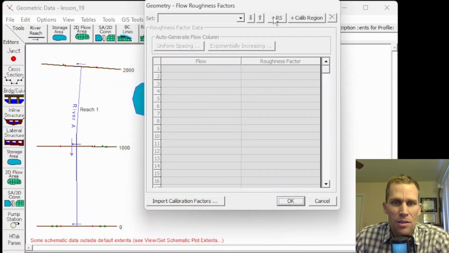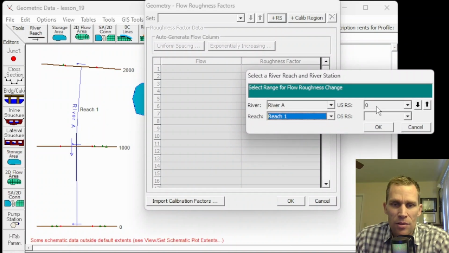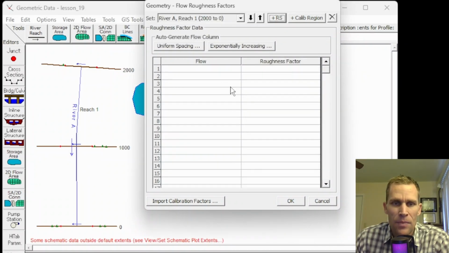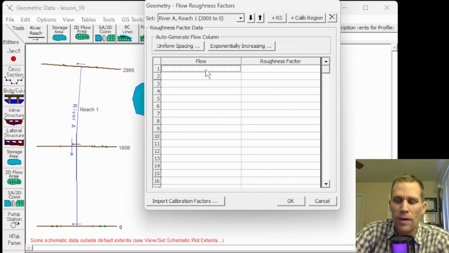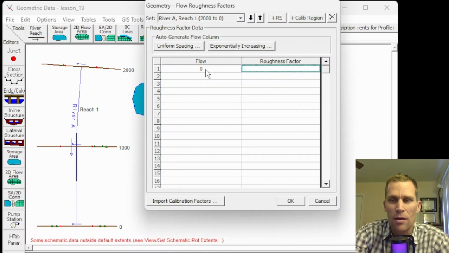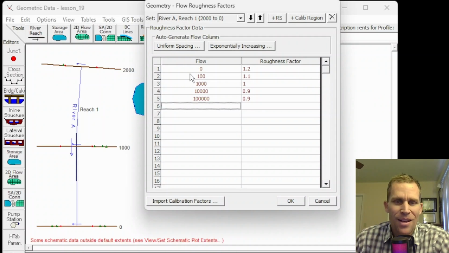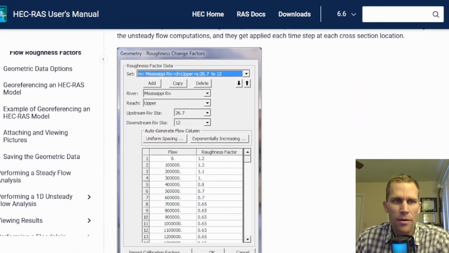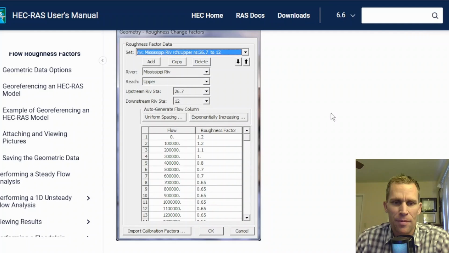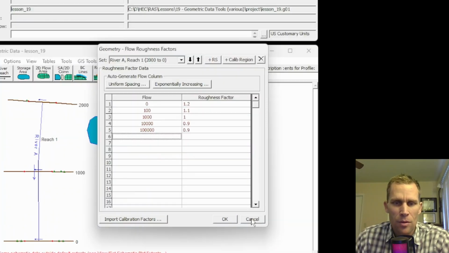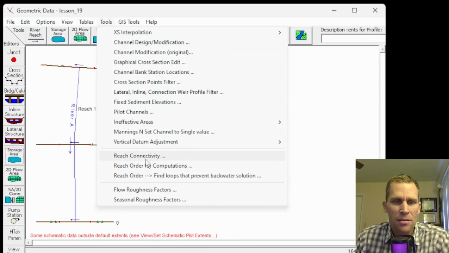So what we want to do is click on this river station, select the river station. So we'll say upstream is 2000, downstream is 0 for my entire reach here, and then click OK. And now what I'm going to be doing is typing in flow values over in the left column and then roughness factors in the right column. All right, I've gone ahead and added some example data here for flow and roughness factor. As you notice, the flow increases and the roughness factor decreases. Right here is the user's manual, and here is a perhaps better example with more numbers. So I'm going to cancel that. I'm not going to save it. And then the last tool here is